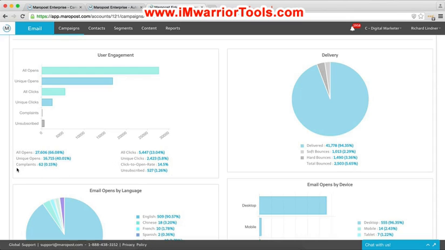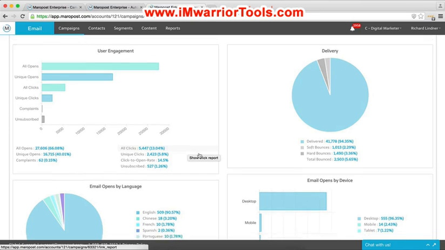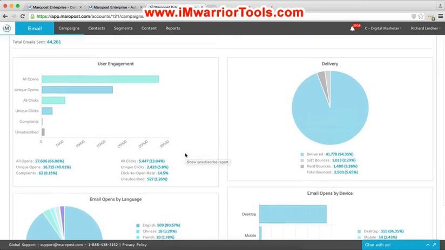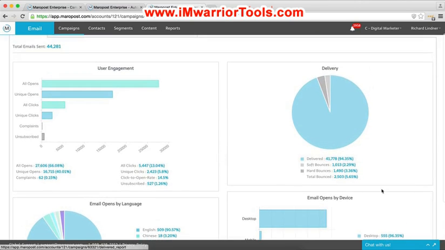Look how low the complaint rate is. And the number of clicks are fairly low based on the opens, but we're not asking them to do a whole lot. We're not asking them to click except for to maybe check out some of our other properties. Look at the unsubscribe rate. Very, very low. And over here on the delivery, the number of hard and soft bounces are also low.